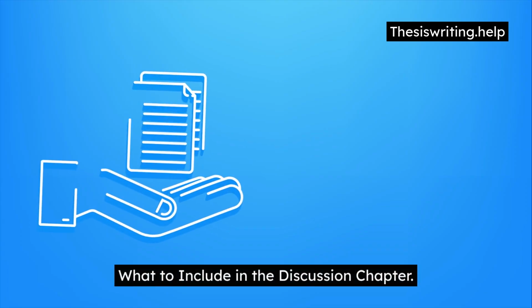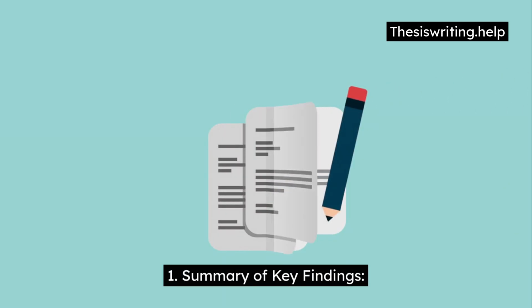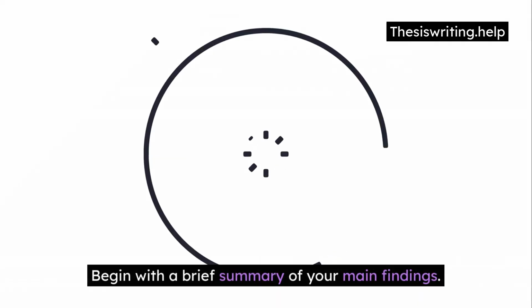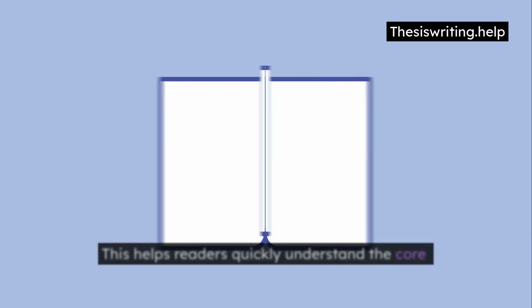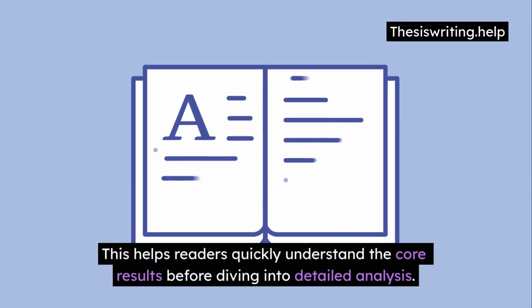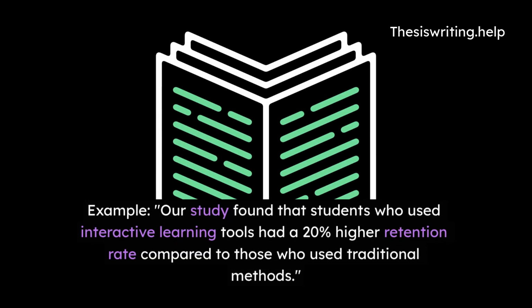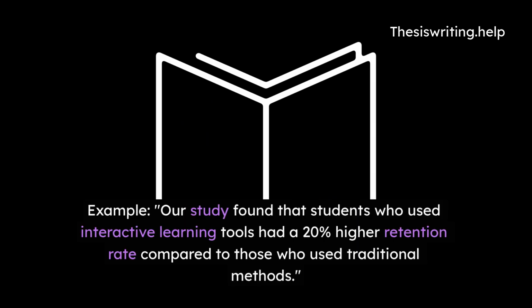What to include in the discussion chapter. 1. Summary of key findings. Begin with a brief summary of your main findings. This helps readers quickly understand the core results before diving into detailed analysis. Example: our study found that students who used interactive learning tools had a 20% higher retention rate compared to those